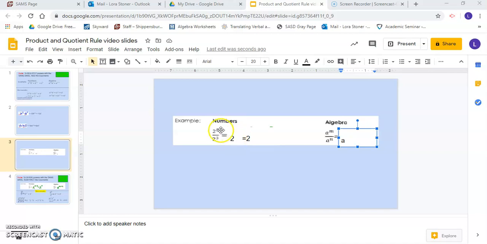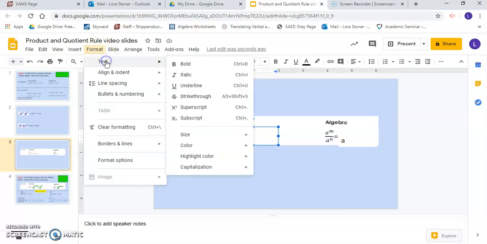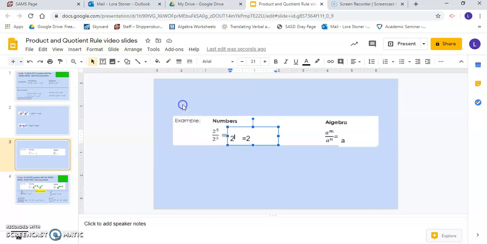Next, you're going to look at the exponents. The exponent on top is 5. The exponent on the bottom is 3. So we will take 5 and we will subtract 3. So that's what I'm going to plug in right here. I'm going to put in 5 minus 3. 5 minus 3 will equal